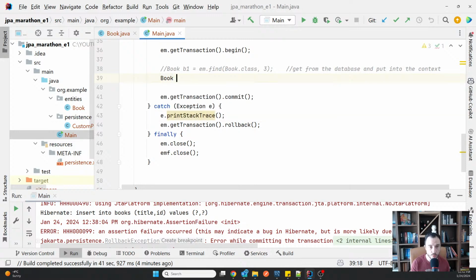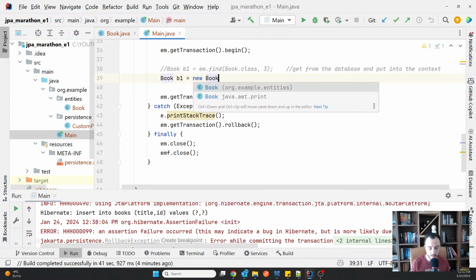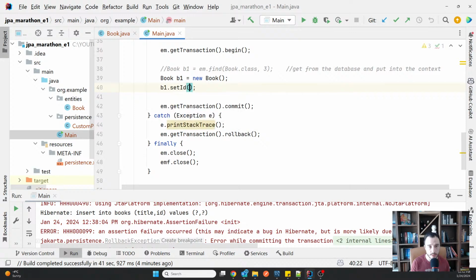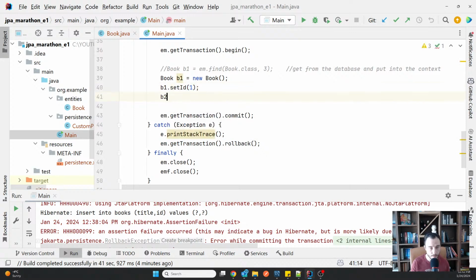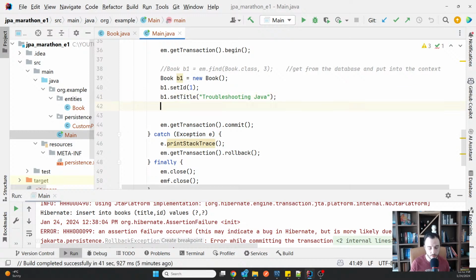Say Book b1 is a new book, b1 set id 1, b1 set title Troubleshooting Java. And then of course entity manager persist, that we have already discussed, generates an insert, which in this case will happen here, at the commit.